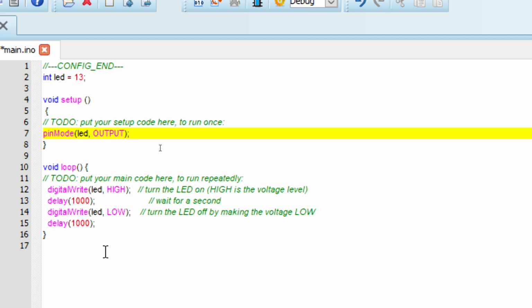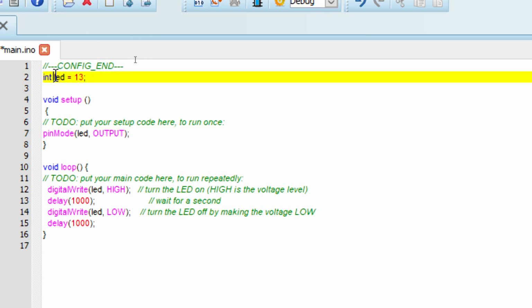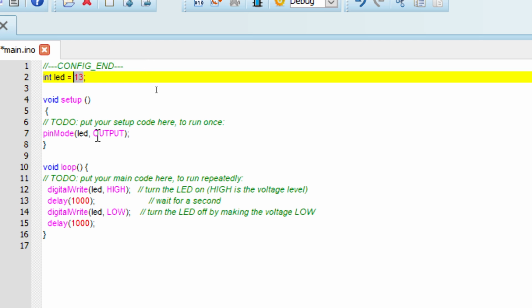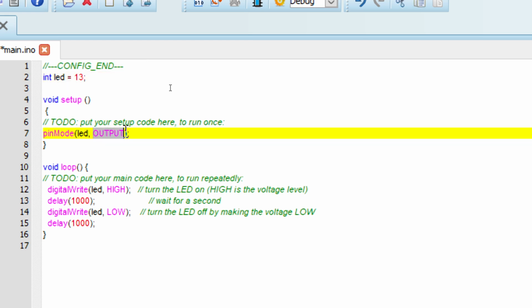That means what kind of mode pin number 13 or LED is going to have, whether it is going to be an input pin, output pin or input pin with pull up. We will explore it in the coming lectures. So pinMode LED OUTPUT means now pin number 13 will act as an output pin. In this pin now we can connect either an LED or a motor or any other device which can act as an output device.